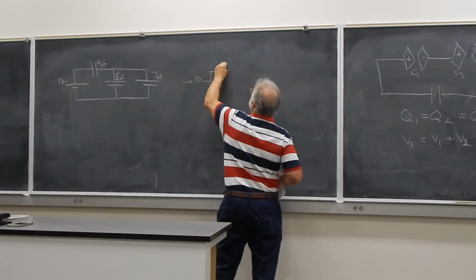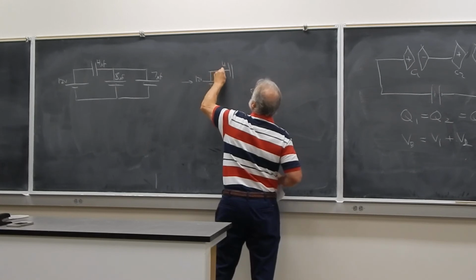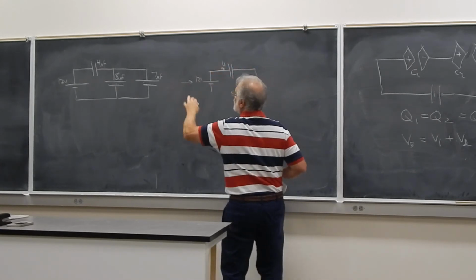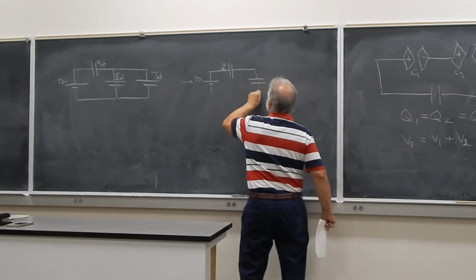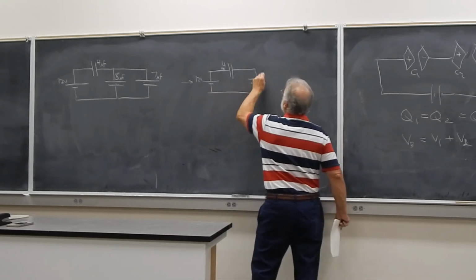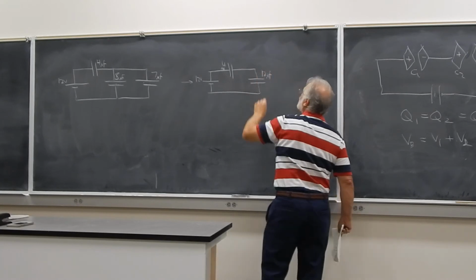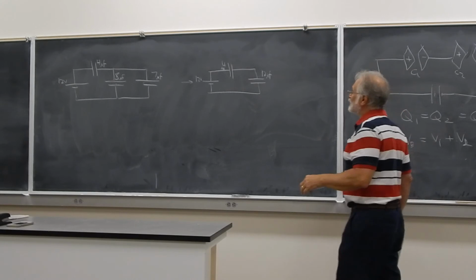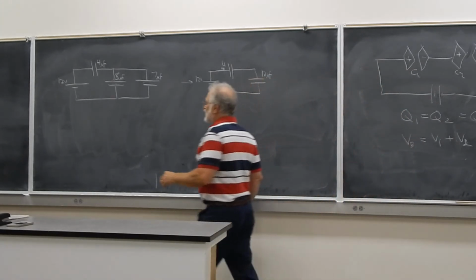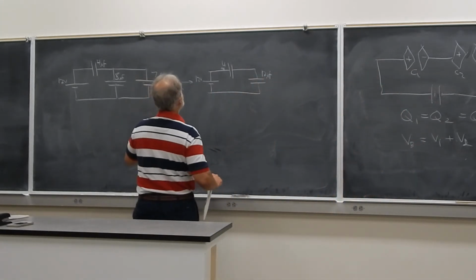I still have my 4 microfarad capacitor up here, but I have 2 capacitors in parallel, so they add. So that's like having a third capacitor here with a value of 12 microfarads. So now I have 2 capacitors in series. So the next step is to say, well, for 2 capacitors in series,